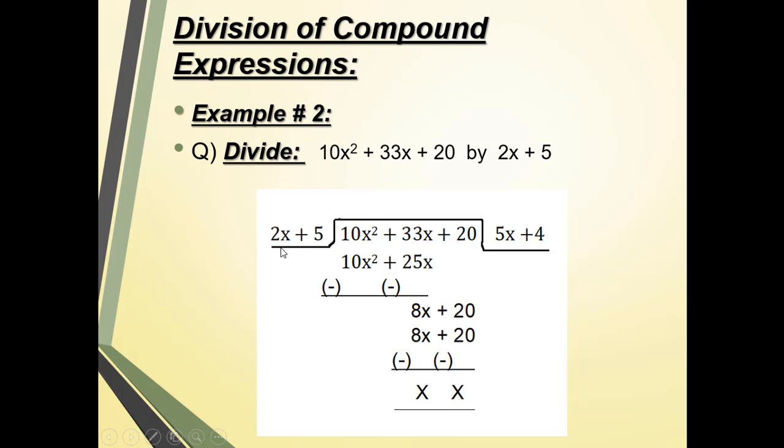Okay, now if we see, the first value outside is 2x and the first inner value is 10x squared. What we need to do is read the table of 2. In the table of 2, when 10 comes, we know that when you multiply 2 with 5, we will get the answer 10. Number 2, this x contains power 1 and this x contains power 2. To which value do we need to multiply this x to get x squared? The answer is only x, because 1 plus 1 is equal to 2. Okay, so when you multiply 2x with 5x, we will get the answer 10x squared.